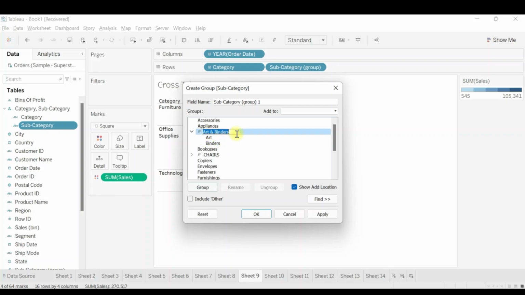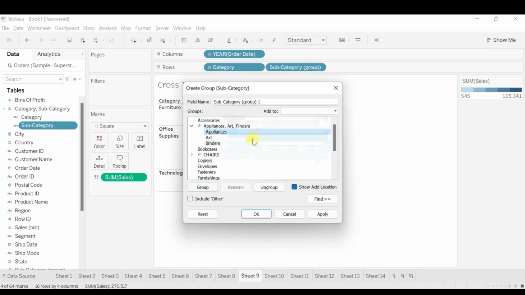We can rename the group as per our requirement or we can go with the default one. So now you will see the two items are being clubbed into a single group. Now if we want to drag and drop any item, we can directly drag and drop it here. For example, appliances, I can click on it and drag and drop it here directly.